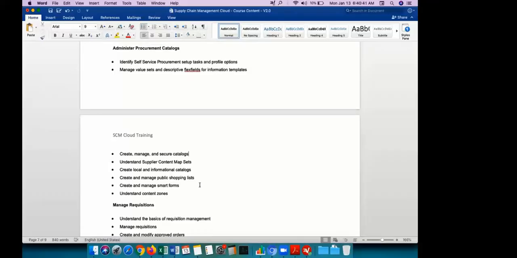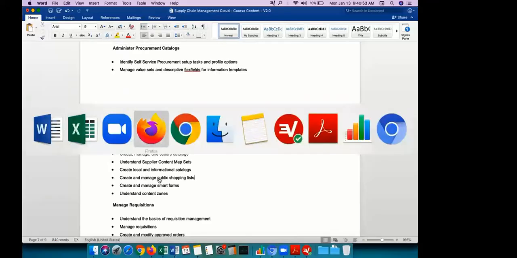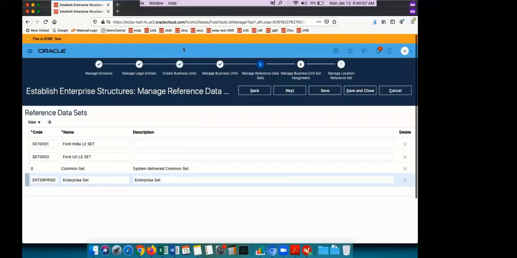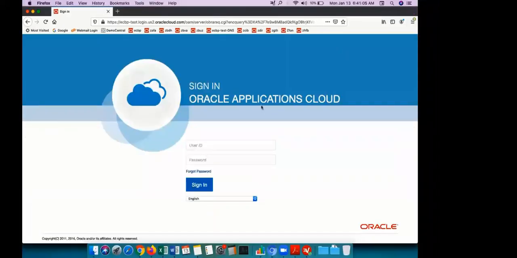So today we will go into a few other topics, like we have smart forms and then we have shopping list. So these two concepts are there. We'll see this and then we'll go into the sourcing part. So if you have any questions, you just let me know before I start. Okay, fine then. So now we'll go into the